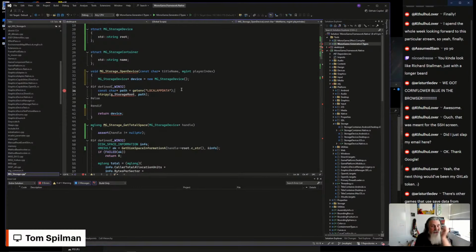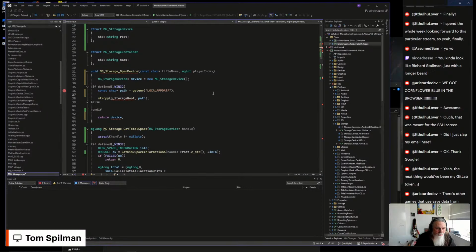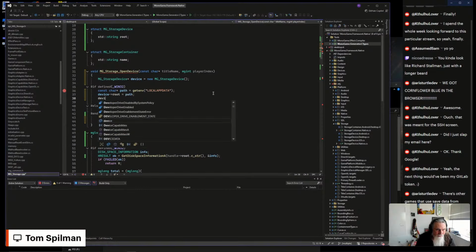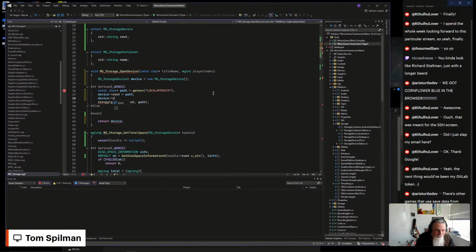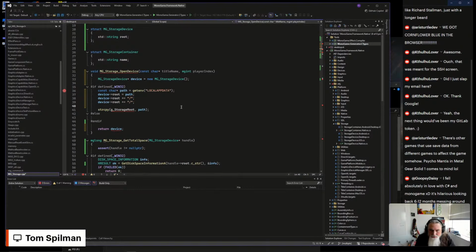I need to kind of build it. It's going to go simple this time, and we'll figure out from here. I hate using